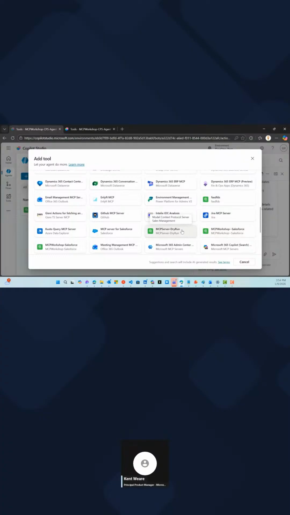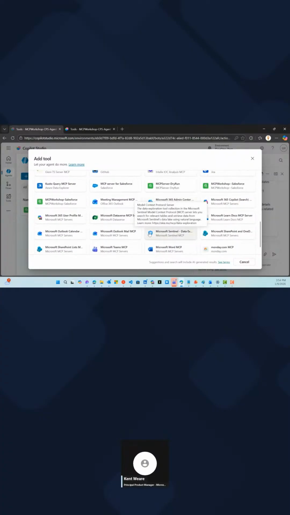But most of these other ones are considered what we call out of box. Now here, if you think about the Office 365 Outlook connector, that has a lot of different operations, right? That allows you to get free busy time on a calendar. That allows you to manage contacts. That allows you to send emails, create drafts, all those things.